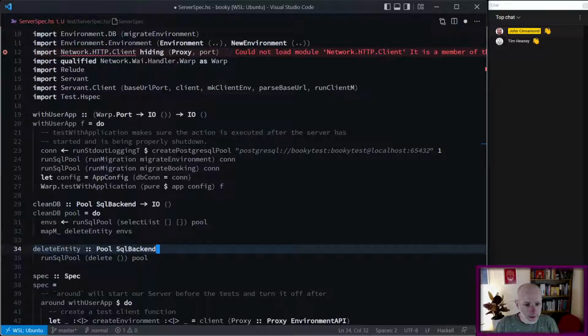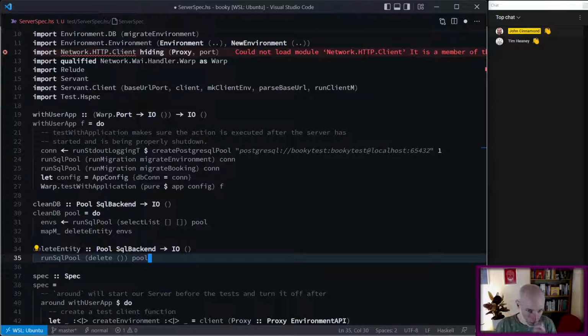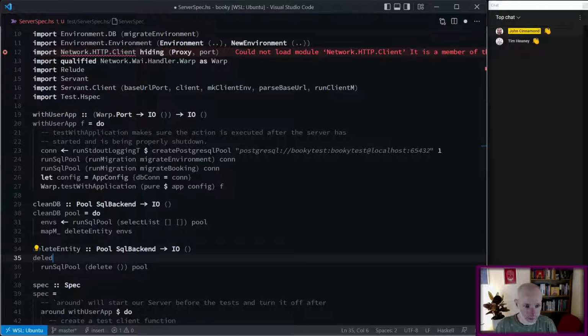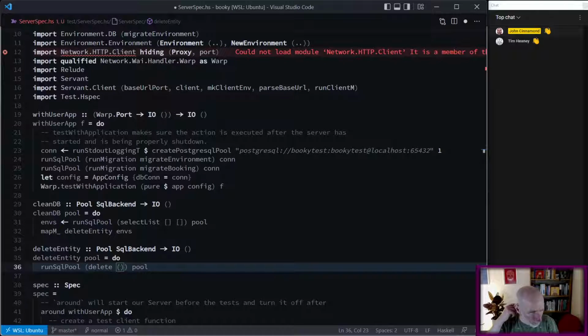Okay, so take the database pool, and we don't return anything. Oh, we just want this under IO. Okay, so now you can say delete entity of the pool is do. I might not need to do here, but we're going to run SQL pool, pass in